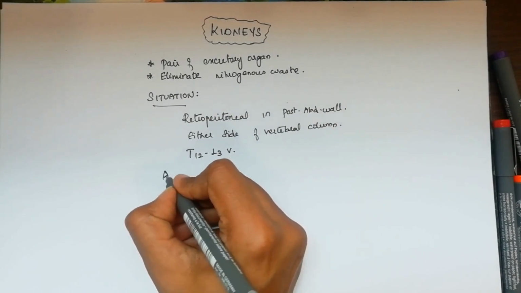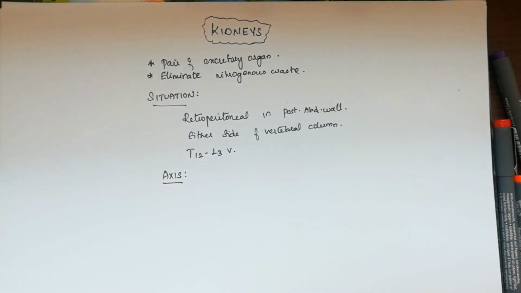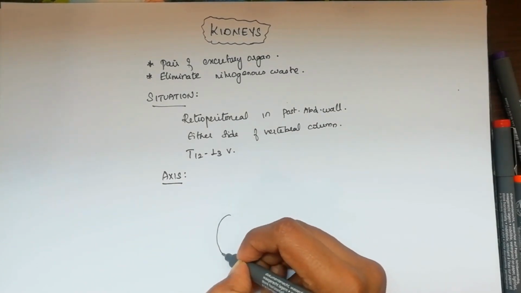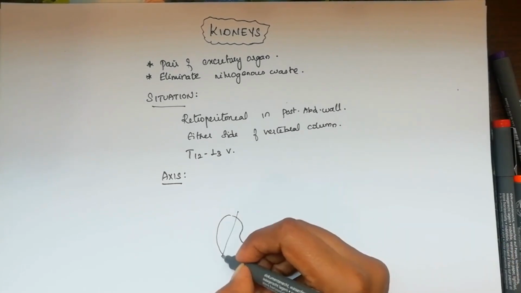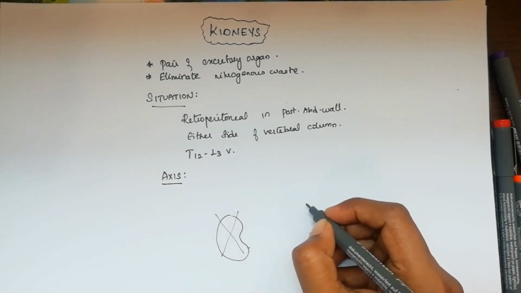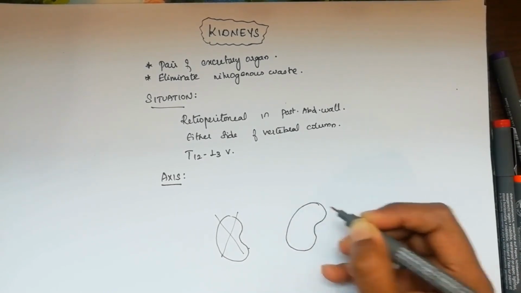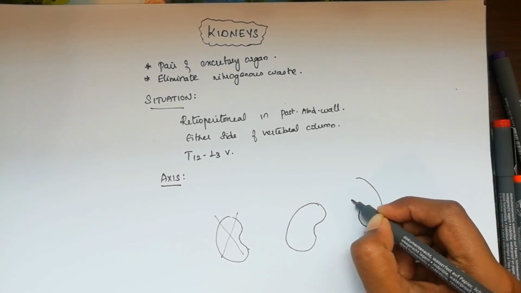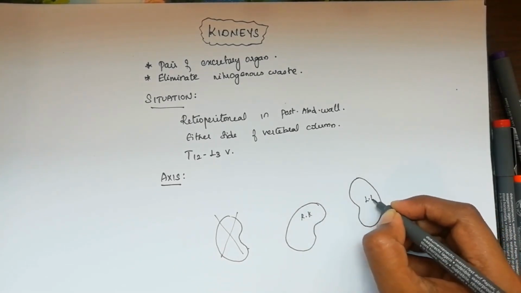Now we will move on to the axis of the kidney, how it is placed. Talking about axis, first we will see the vertebral level, so it will be easy for us. As I said, we have got the right kidney somewhere here and the left kidney, sorry about this, not this one. So I will show you another image where the upper end will be medially placed. So this is the right kidney, and just above that we will have the left kidney placed.